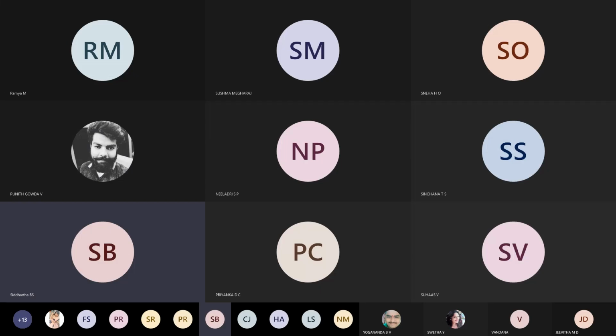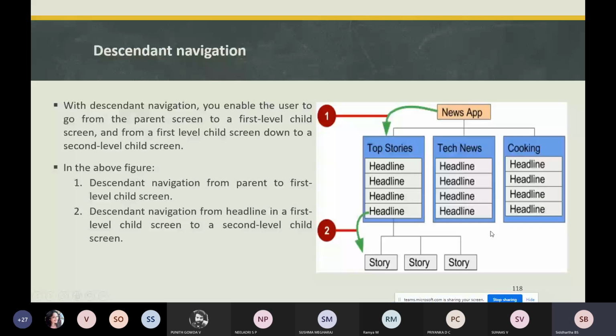That is back button navigation and hierarchical navigation patterns. Within that, there are three things: descendant navigation, ancestral navigation, and lateral navigation. In the previous sessions, we have learned about ancestral navigation, and today let's learn about descendant navigation. With descendant navigation, you enable the user to go from the parent screen to the first level screen down